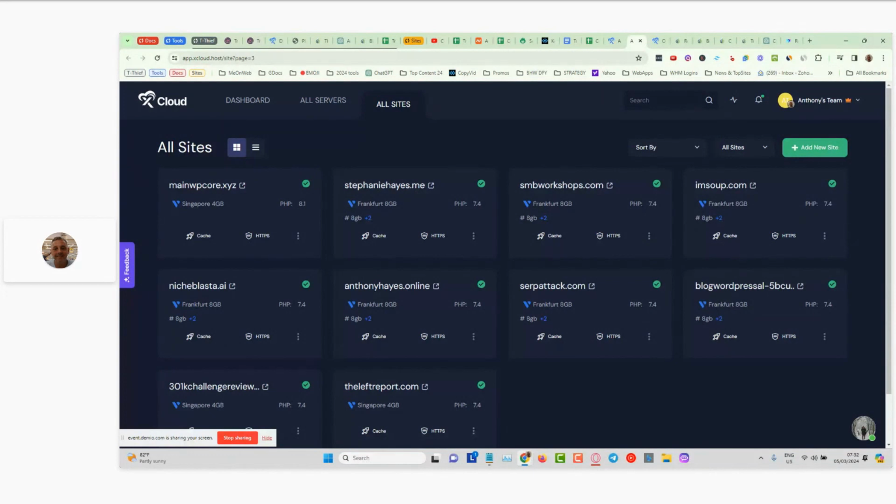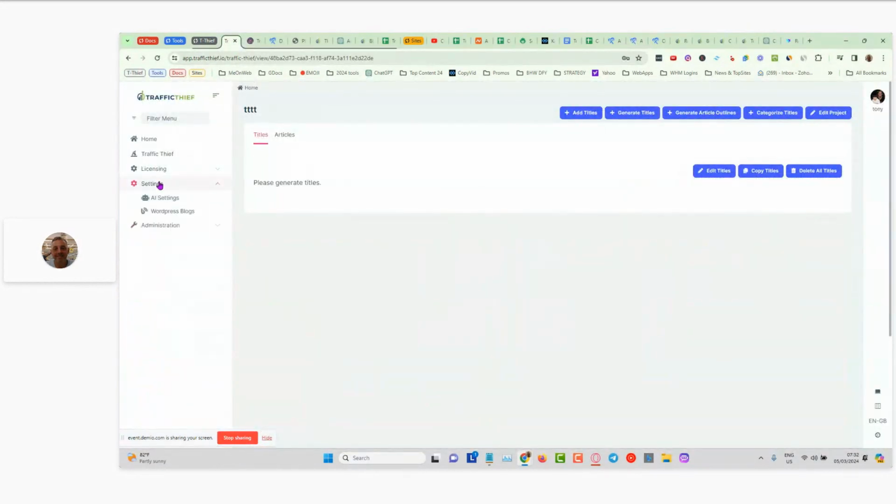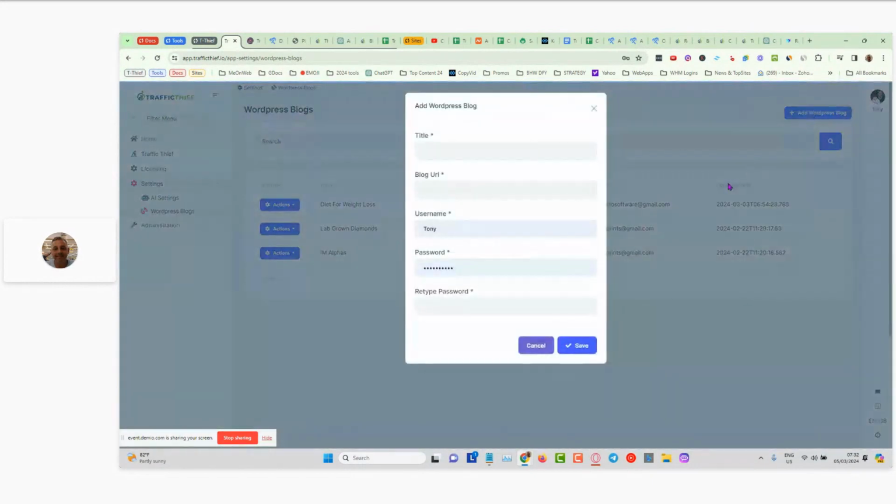You could do either. It really depends on whether you want to just start publishing into the site as it is right now. In that case, all you would do is go into Traffic Thief, go to your settings, your WordPress blogs, click on add to blog. In the tutorials page, Stephanie has done a GIF of how to do this. You just get your application password, not the WordPress site password, but the application password. There's a GIF there and a step-by-step checklist. It takes less than a minute. Put your site title, your blog URL, and click on save,